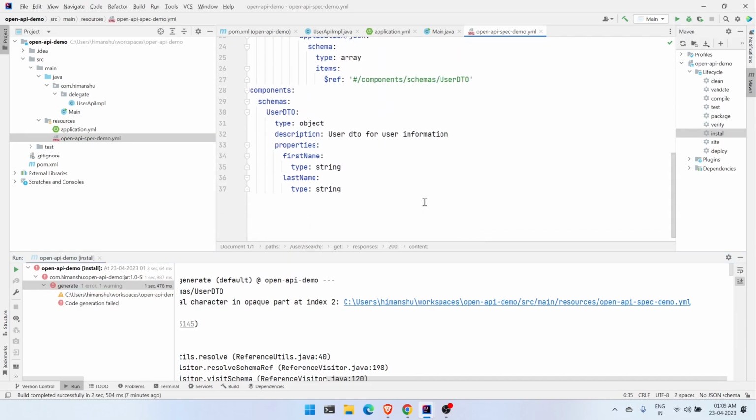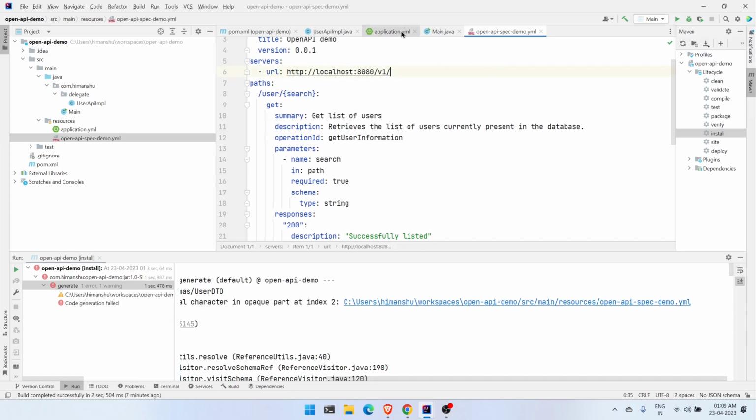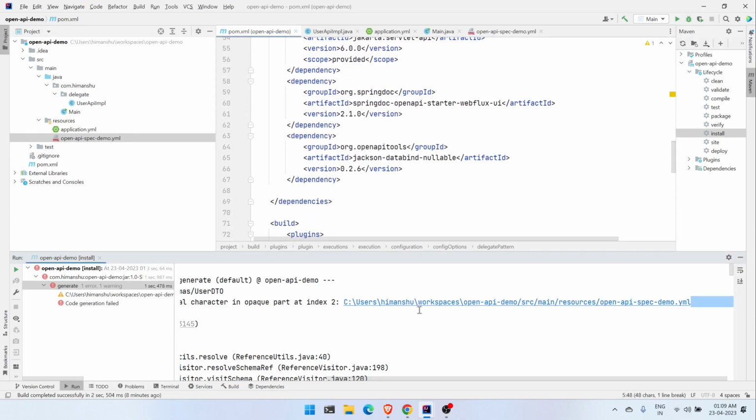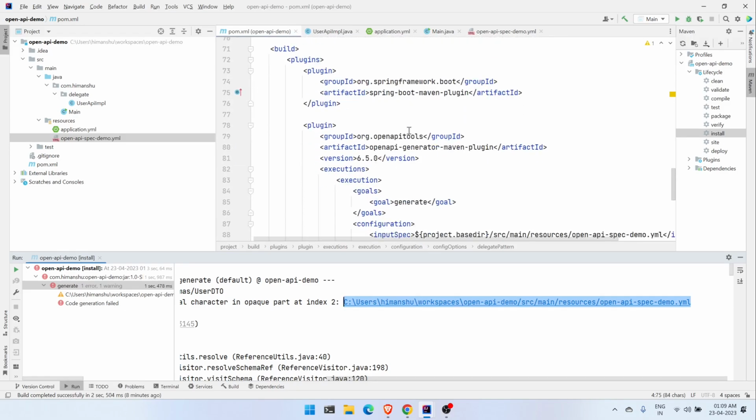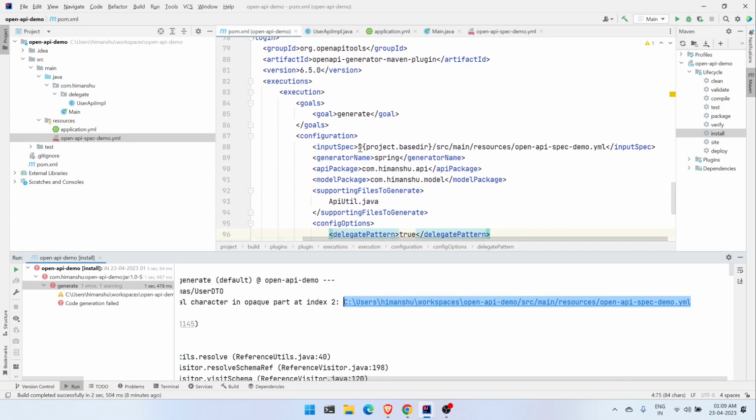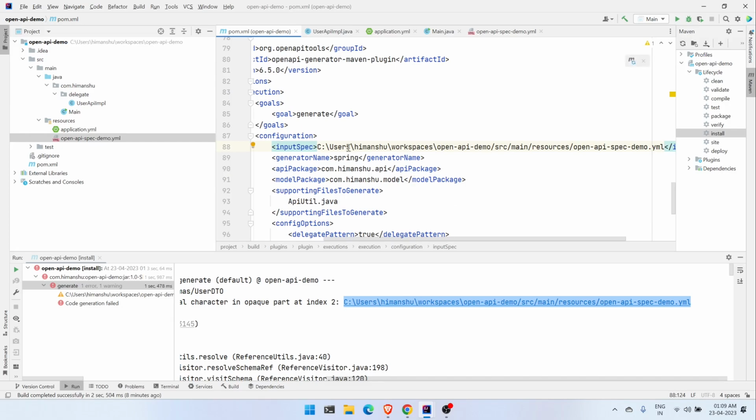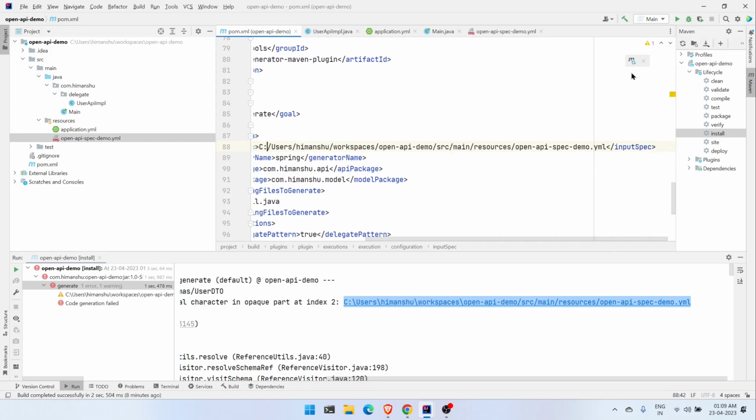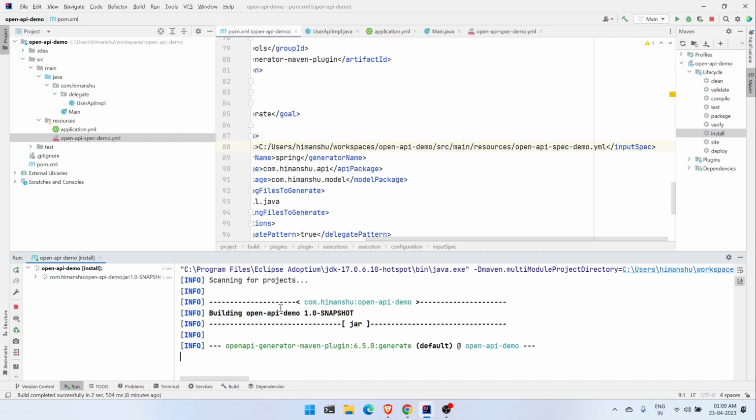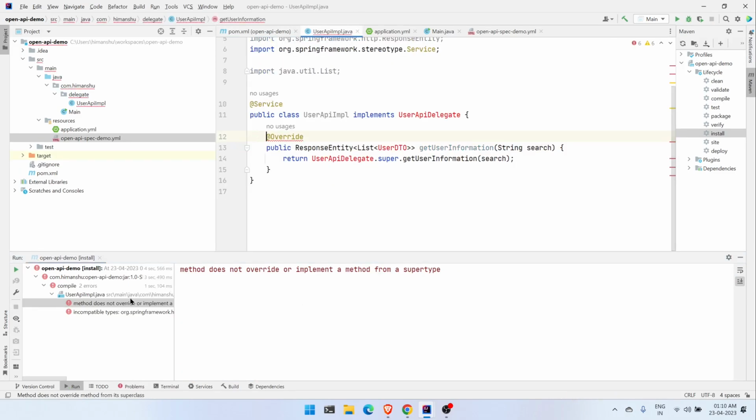So now one way to solve this issue is I can go over to the pom XML, and I just copy this whole part, and in the input spec I just paste it like this, and then all the backslashes I will make them forward slashes. I guess that's what we do. Yeah, and now if I again do install, yep, see